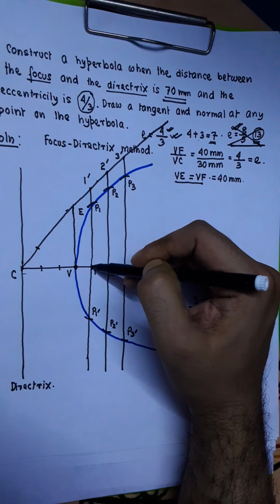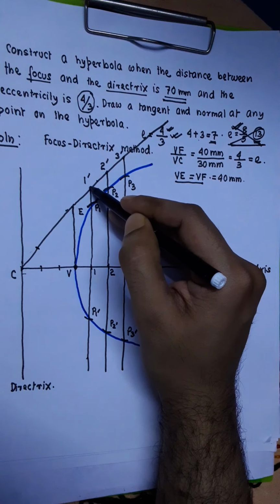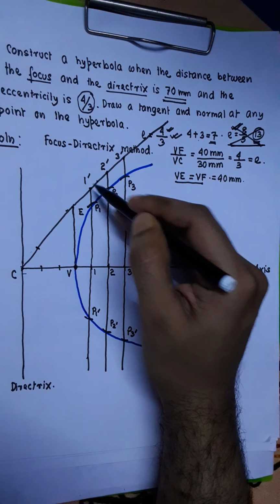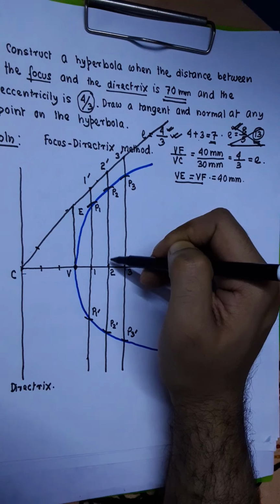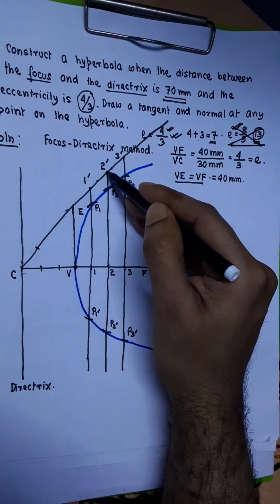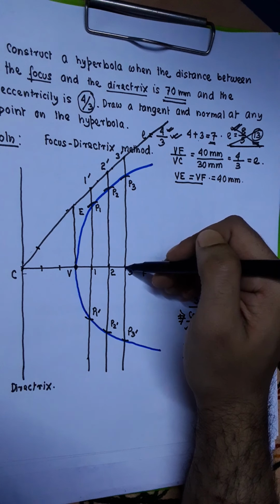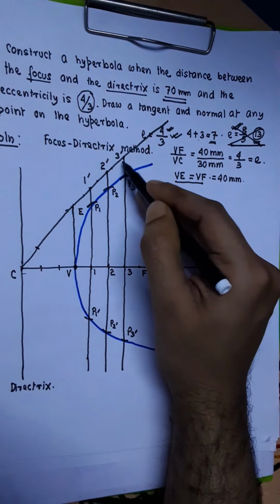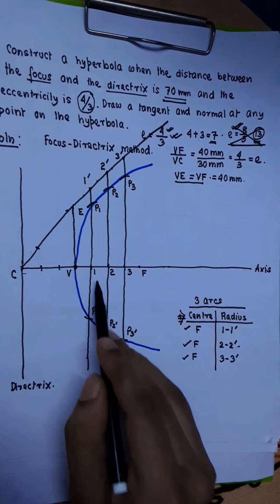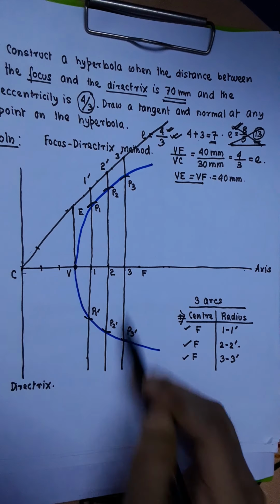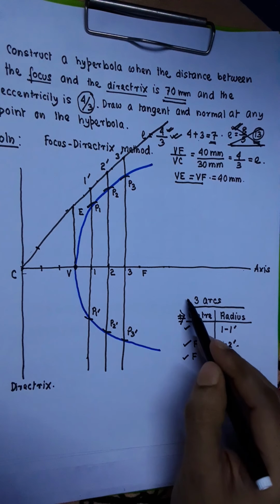So the vertical line originating from the point 1 is intersecting this extended CE line at a point which we are calling 1 dashed. Similarly, the vertical line originating from the point 2 is intersecting this line at a point which we are calling 2 dashed, and the vertical line originating from the point 3 is intersecting this inclined line at a point which we are calling 3 dashed. All these 3 lines you have to then extend towards the other side of the axis also for a reasonably sufficient length. Okay. Then you have to draw 3 arcs.